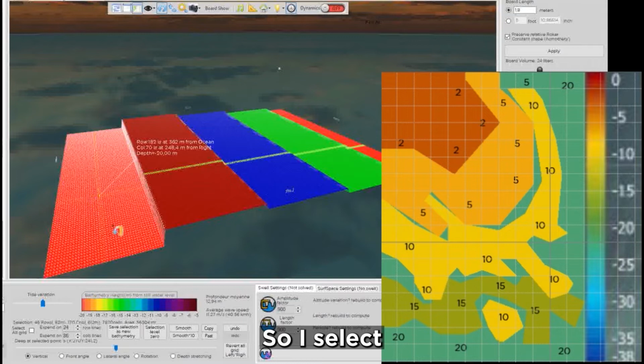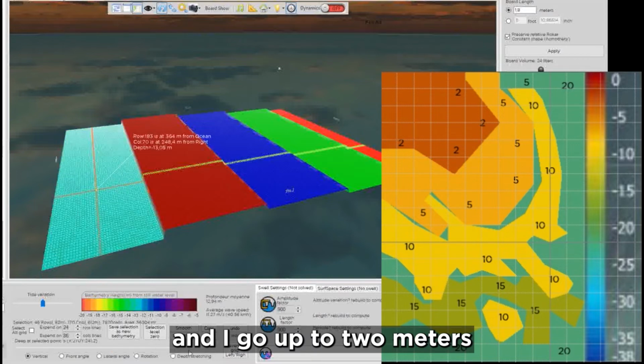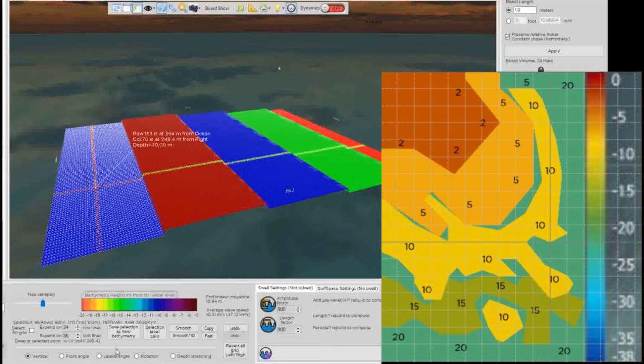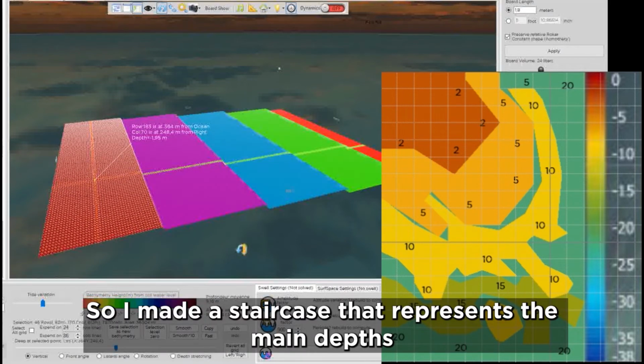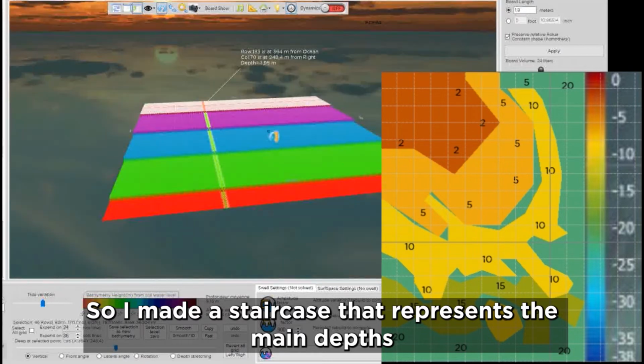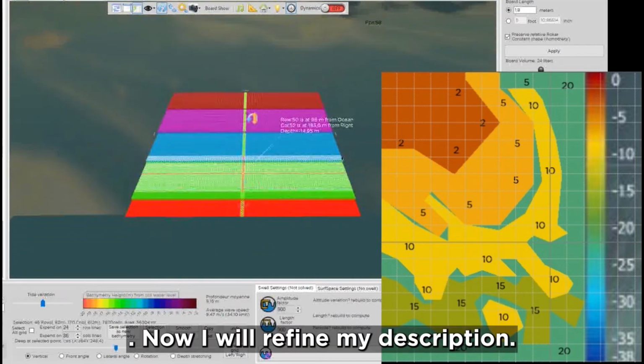So I select and I go up to 2 meters. Here. So I made a staircase that represents the main depths. Now I will refine my description.